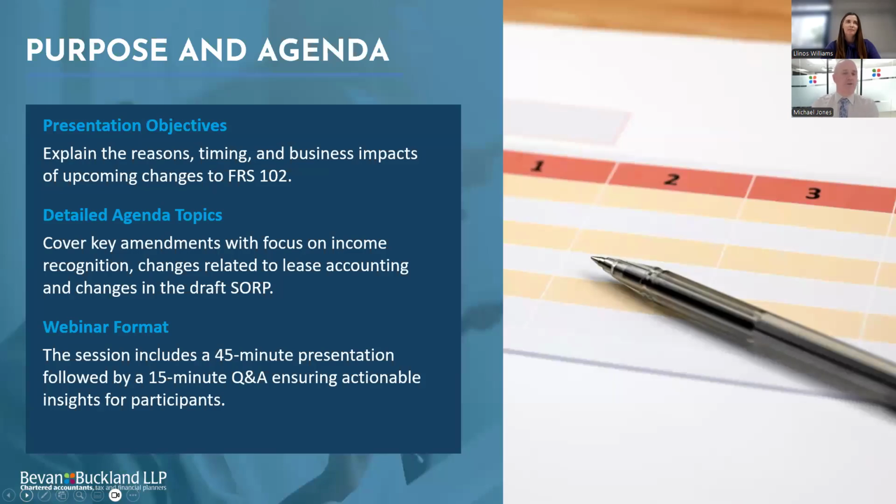The reason why we are putting these webinars on is that FRS 102, which is the accounting standards in the UK, were updated a little while back, and the relevant SORPs are going through or have been updated as well. So what we're trying to do is give a little bit of an update on what changes have gone through FRS 102, what the likely impact is on you, and what we can see coming through in the new SORP as well.